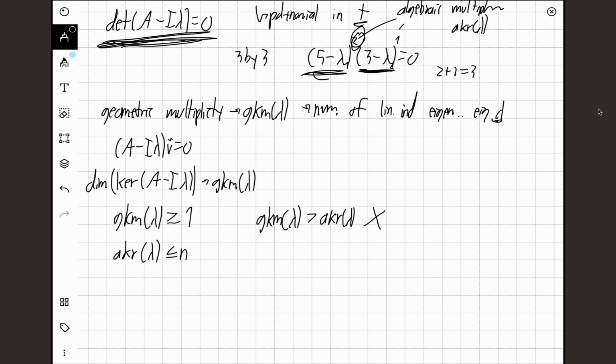Why exactly? Well, it actually makes a lot of sense. The geometric multiplicity gives us the number of linearly independent eigenvectors. Spelling stuff out is so annoying. The number of linearly independent eigenvectors, and basically, as soon as the matrix has an eigenvector, well then